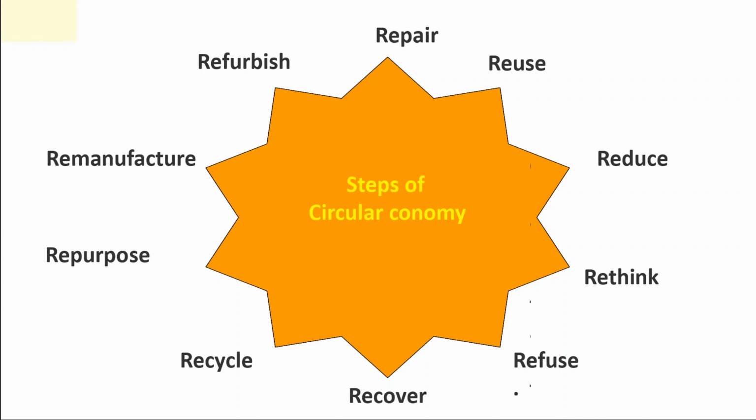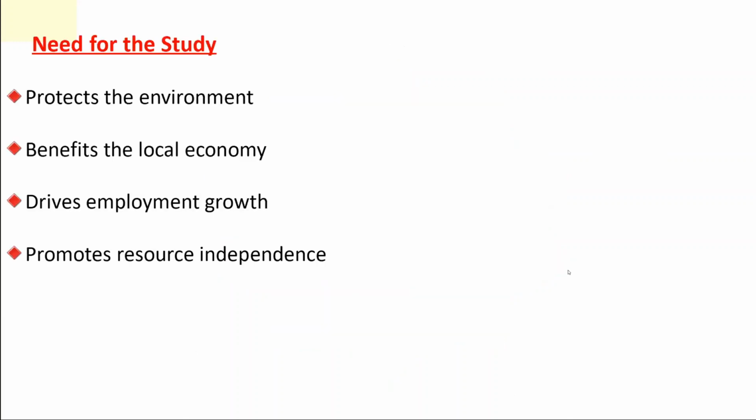If any product is spoiled, then we also take it to restore an old product and bring it up to date. Old products should be restored. Damaged products can be used to make new product inputs. Remanufacture, repurpose, and recycle are the several steps to get an appropriate circular economy.